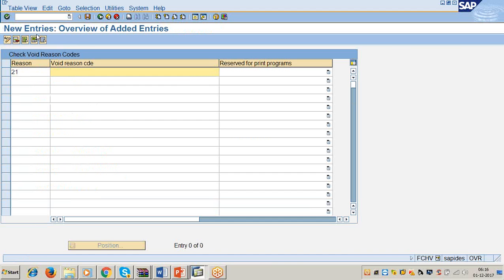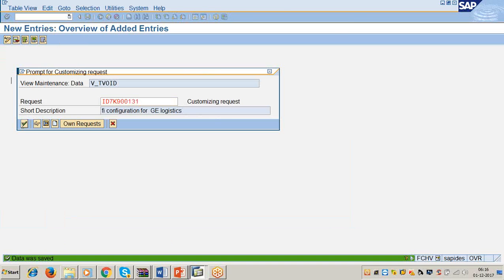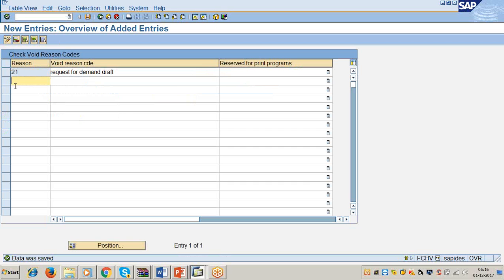Void reason code is equal to request for demand draft. Click on save. So if you have some other reasons, you can enter those numbers and you can enter some other reasons here. Okay.